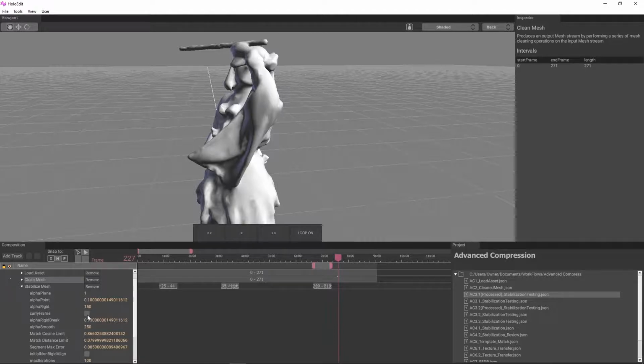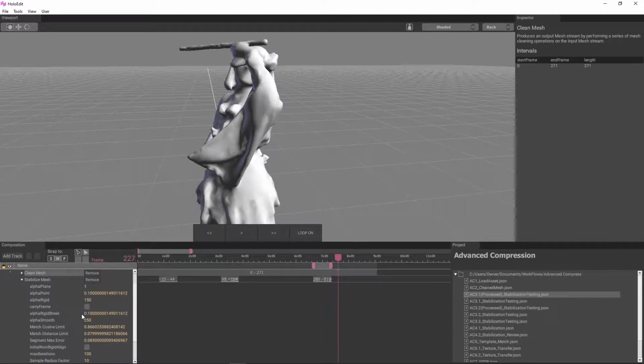This is an experimental feature in HoloEdit 2020.3 and may not be appropriate for all stabilization needs, but it's a powerful tool that's worth trying out for this capture. Additionally, we're going to take a look at adjusting the alpha point and segment max error. Alpha point will bring down to 0.05. We'll set the alpha rigid to 125, alpha smooth to 200, the match distance limit at 0.05, and the segment